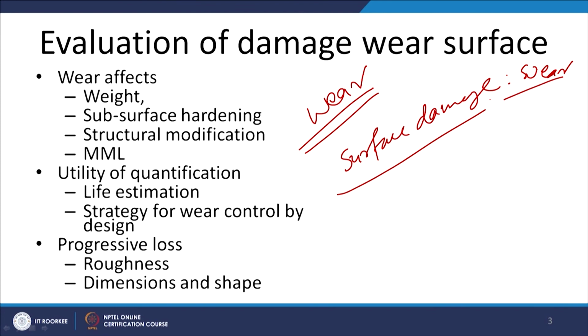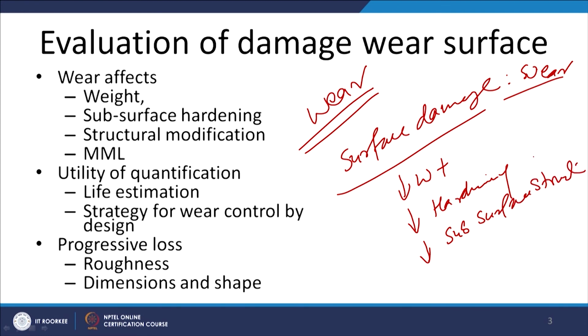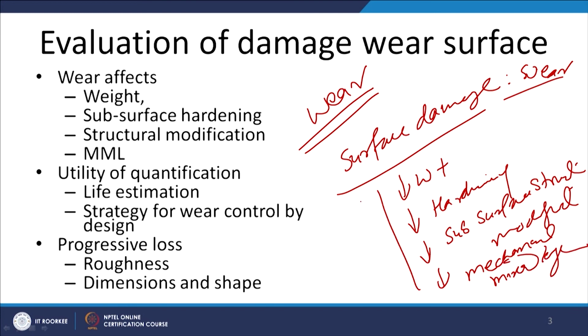Basically, whenever wear takes place, we will notice that there is a reduction in weight of the component, and the surfaces are getting hardened because of work hardening. So, work hardening of the surface and near surface layer is taking place. We will also notice that near surface structure is getting modified. So, subsurface structure is damaged, basically refined, modified. So we can look for that also, and even when the surface wear is taking place, we will find that especially under adhesive wear conditions near surface, one mechanically mixed layer is formed,